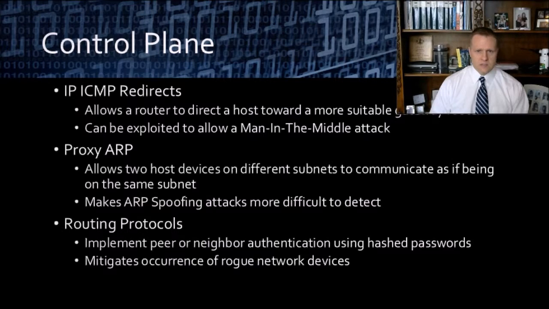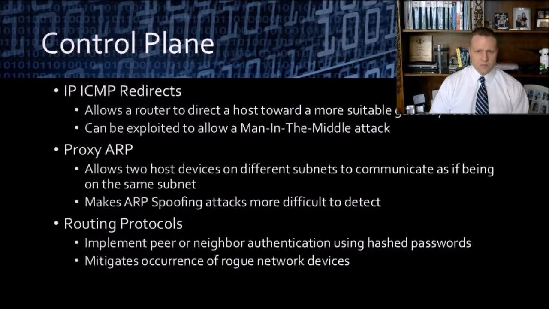Next on the list is proxy ARP, which allows two host devices on different subnets to communicate via layer 2 data link protocols as if they were on the same subnet. The router accomplishes this by responding to ARP requests for off-network devices with its own MAC address, assuming it knows how to reach that particular off-network device. This feature should typically be disabled as well, as it can mask server IP misconfigurations and make detection of ARP